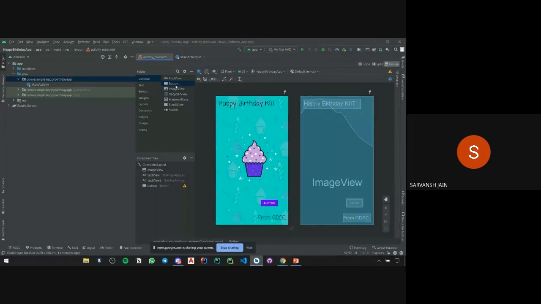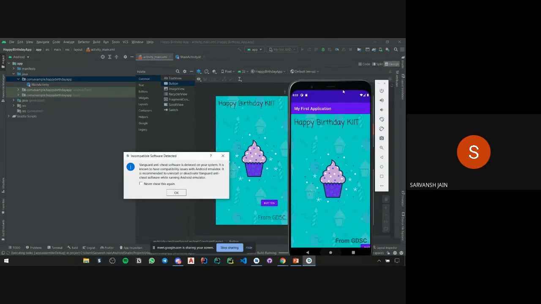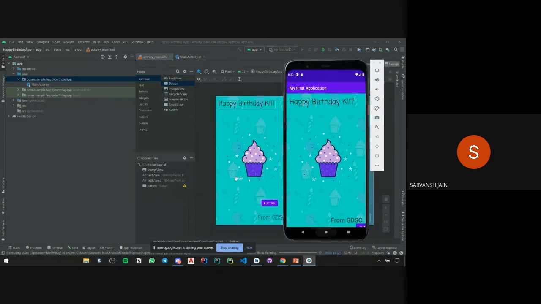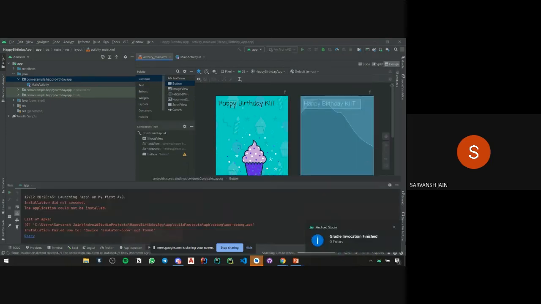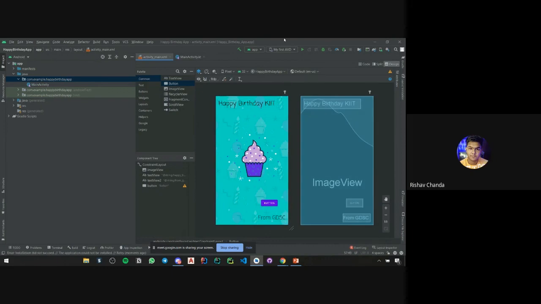Yeah, so let us just run the code once, and the app. Servants, don't close it.